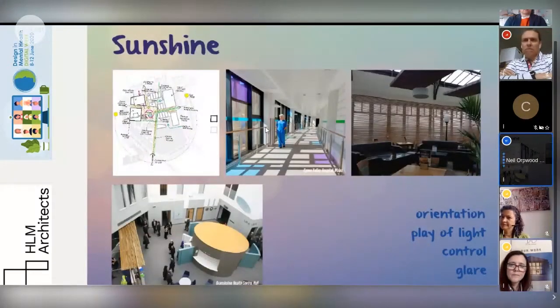This applies right from the very first steps of considering a new build design: the orientation, how the sun paths will work, how that affects particularly the staff areas, how the light can be controlled for public areas, so that if traveling between consultations or patients, you actually get almost subtly a reset ability. But also those staff areas where you need to be able to control the light as easily as